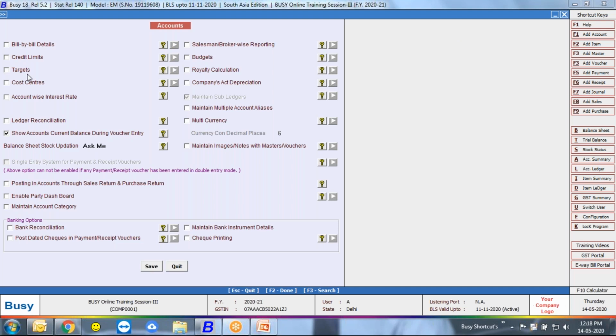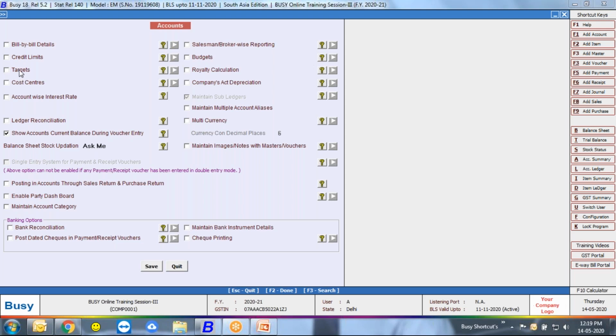So the next feature is targets, and what is the role of target in accounting software? Targets are defined to achieve a specific sales limit, a specific amount limit. By using this feature, management can get a report or analyze sales or a specific sales performer.